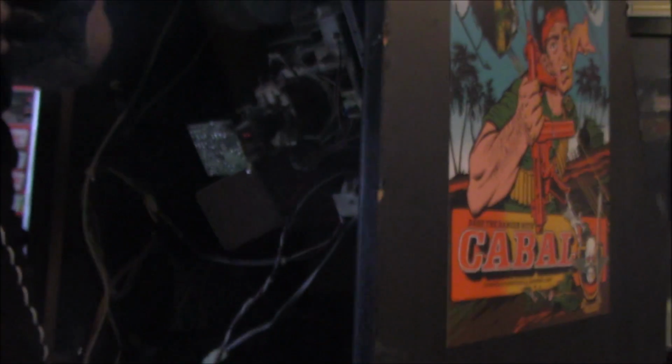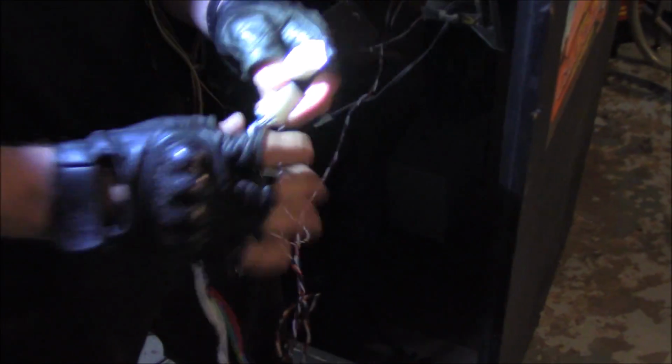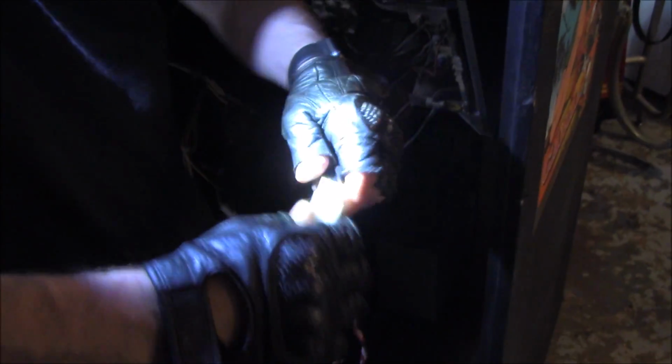All right. So now we have our Molex. So we're gonna go over to here. Okay. Alright, so we got our Molex pin. Again, it just clips into one another. Now the signal is direct feed from